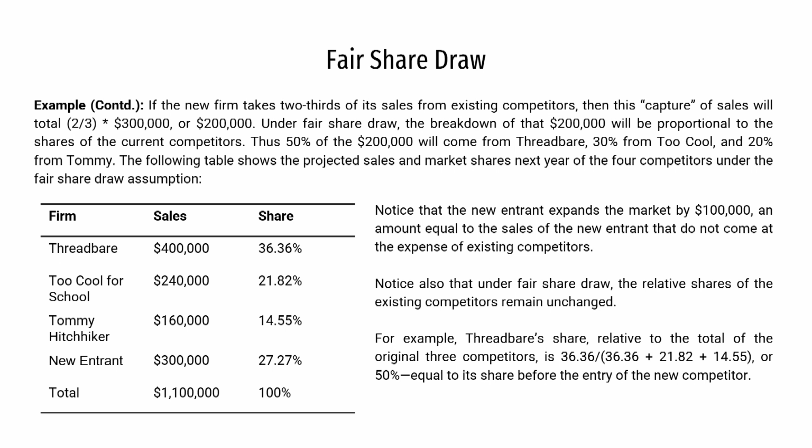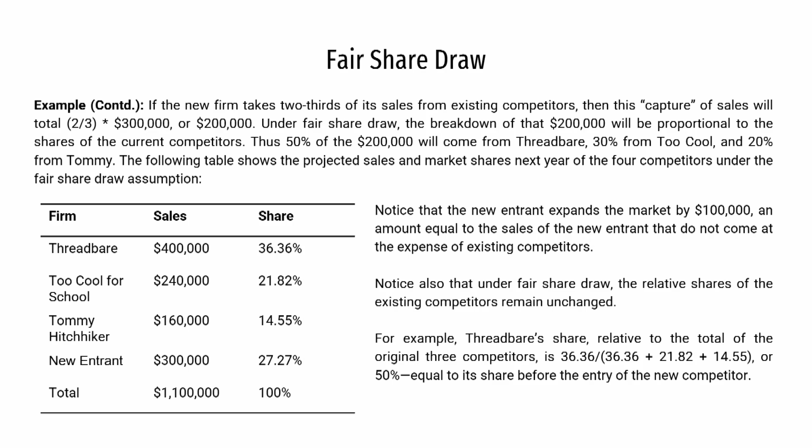So, what is 50% of 200,000? It is 1 lakh. So, 1 lakh will be lost from Threadbare. Earlier their total revenue was 500,000, so 500,000 minus 100,000 is 400,000. Similarly, for the second brand, it is 30%. So, 30% of this 2 lakh is 60,000. Earlier their total revenue was 3 lakh, so 3 lakh minus 60,000 is 240,000.